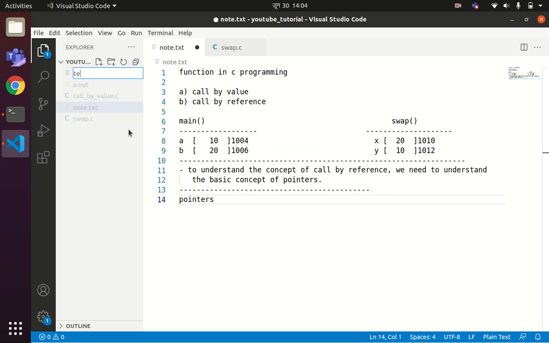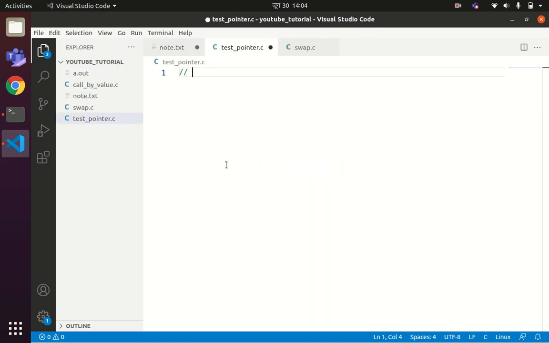So test_pointer.c, a program to understand the concept of pointer in C programming.